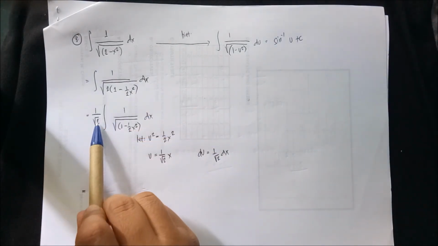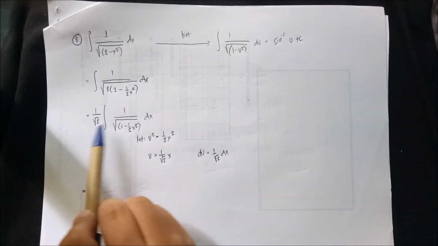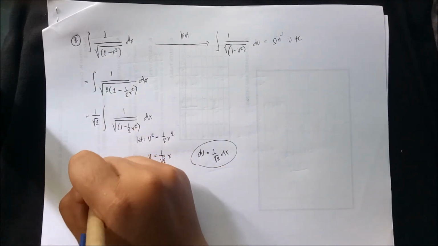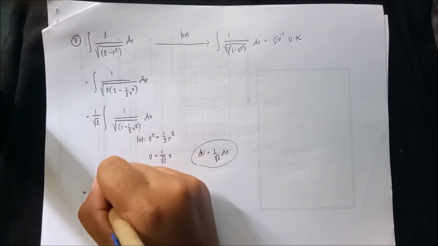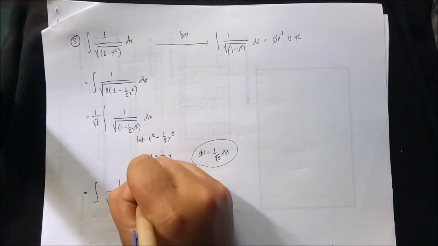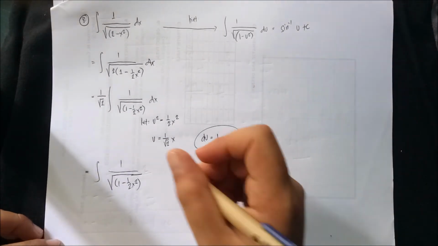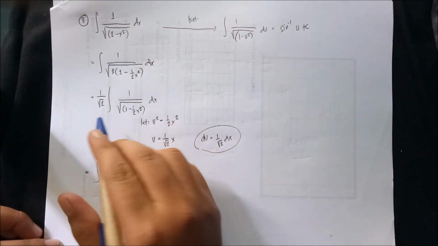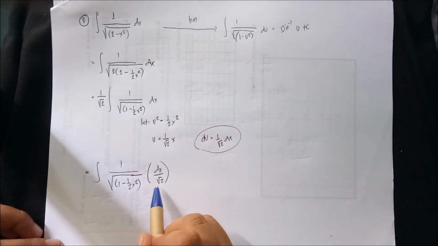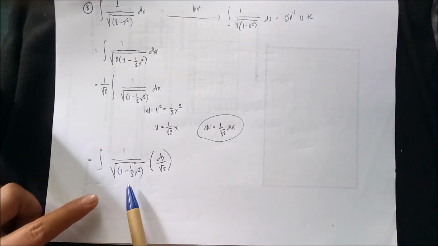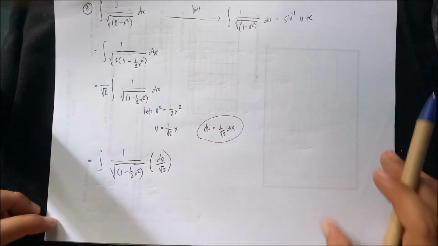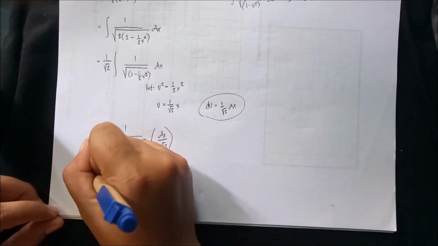Class, this one nilabas natin kanina. Pwede din naman natin siyang ibalik. Okay? Balik na lang natin kasi kailangan natin to. So, this becomes 1 over square root of 1 minus 1 half x square times, balik ko yung, class, dx over square root of 2. Okay? Now, class, take a look at this. Na-fulfill na ba natin siya? Yung u natin is this one. Yung du is ito. That's 1. Na-fulfill na. So, therefore, yung answer natin is